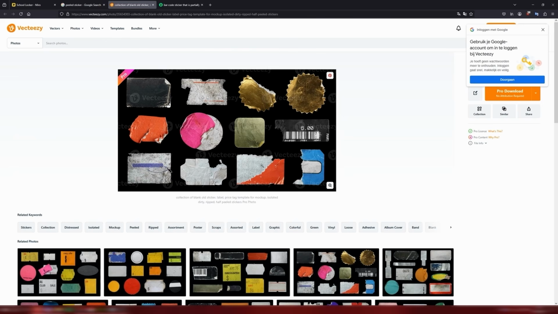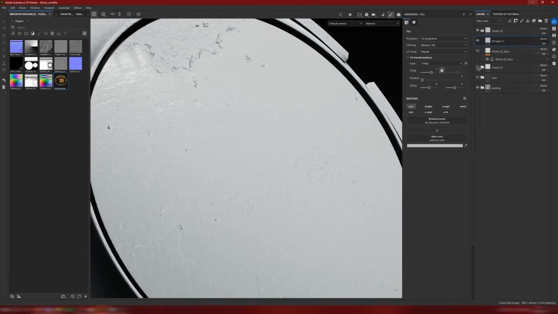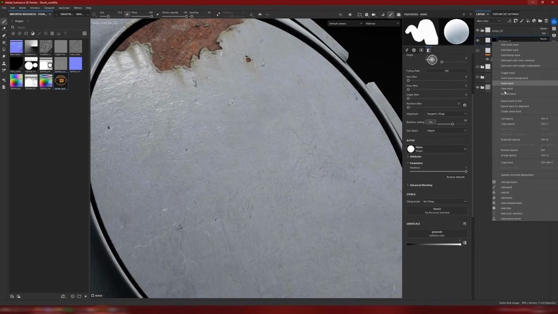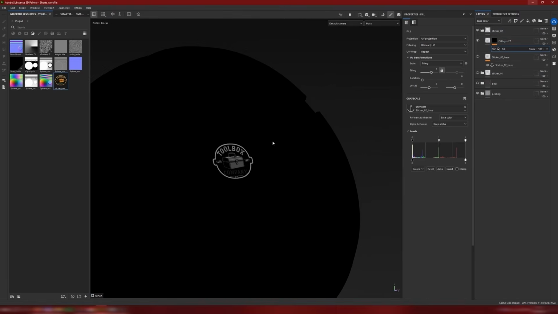This is not always the case, but in some cases it is, so it would be handy to have it in there anyways. So let's go ahead and create a new fill layer this time, and we want to disable the color. We want to create a new mask and add a black mask. Add the anchor point that we just created, so sticker 02 base, and you'll see when we preview the mask